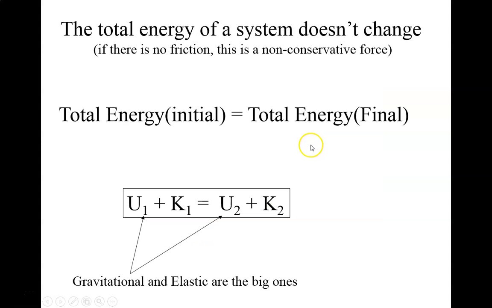So to write this in the form of an equation, total initial energy equals total final energy, we can just write it as U1, or my initial potential energy plus my initial kinetic energy equals my final potential energy plus my final kinetic energy. So the Bernabo dollars have to show up somewhere. Some of these can be zeros, and usually some of them will be zeros, but the energy has got to show up somewhere.